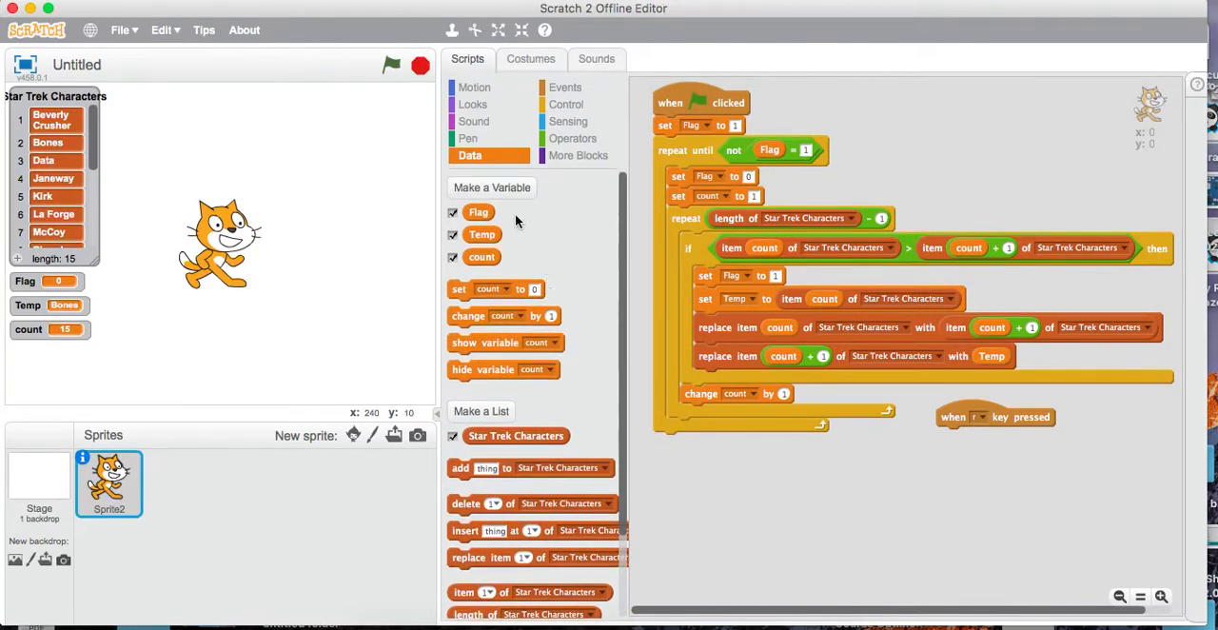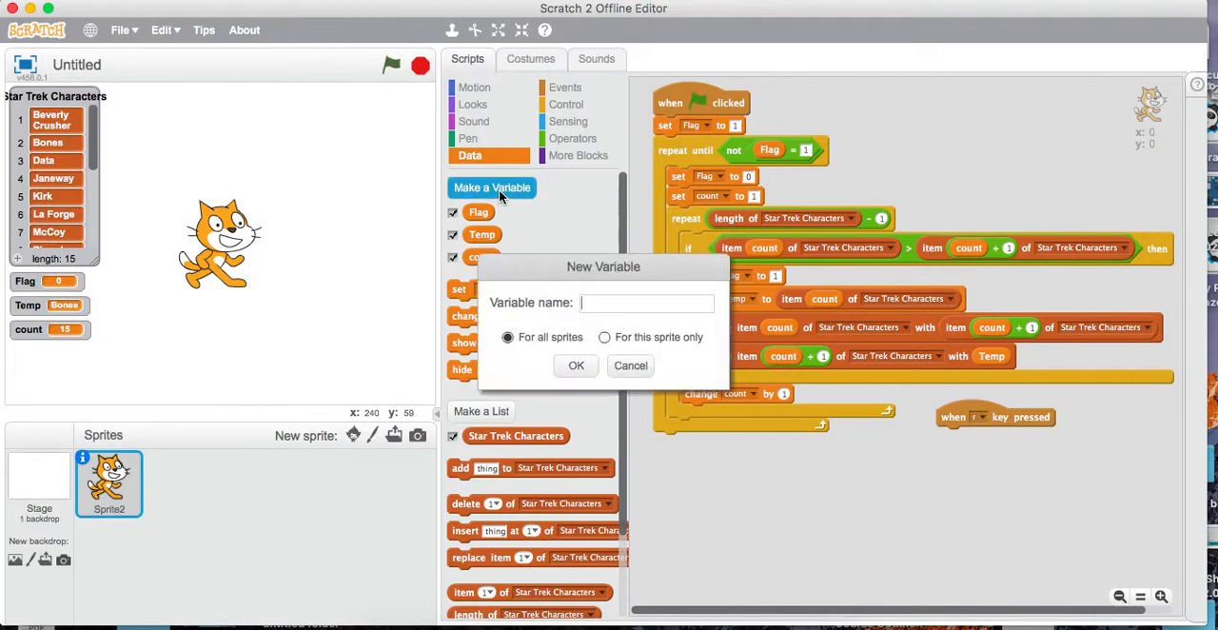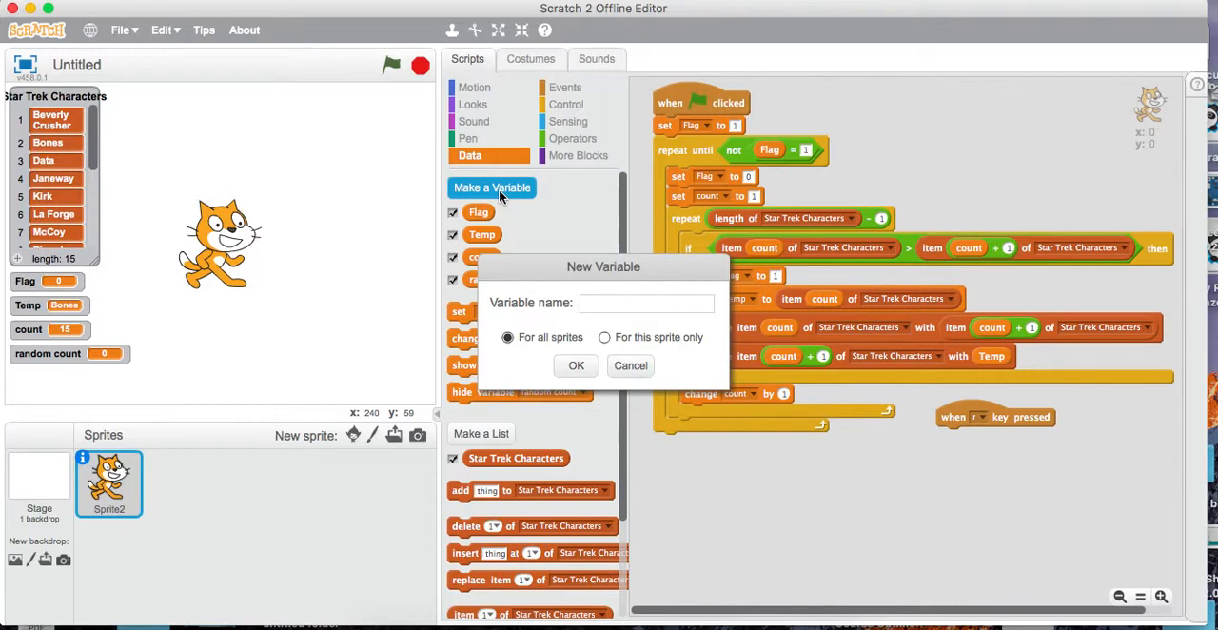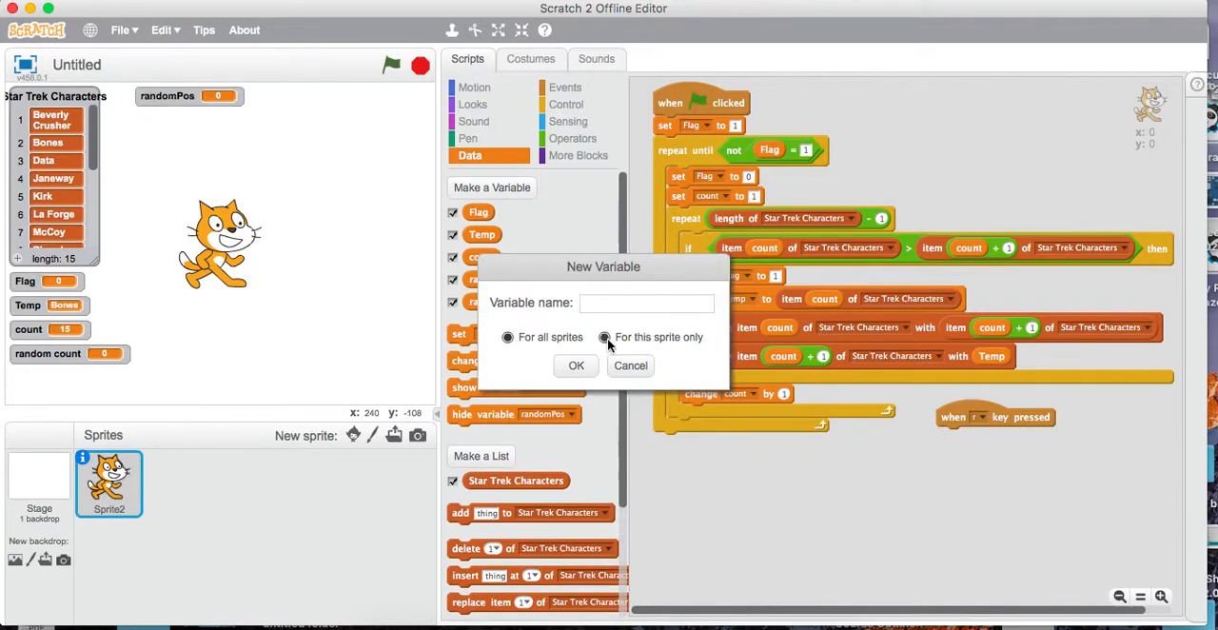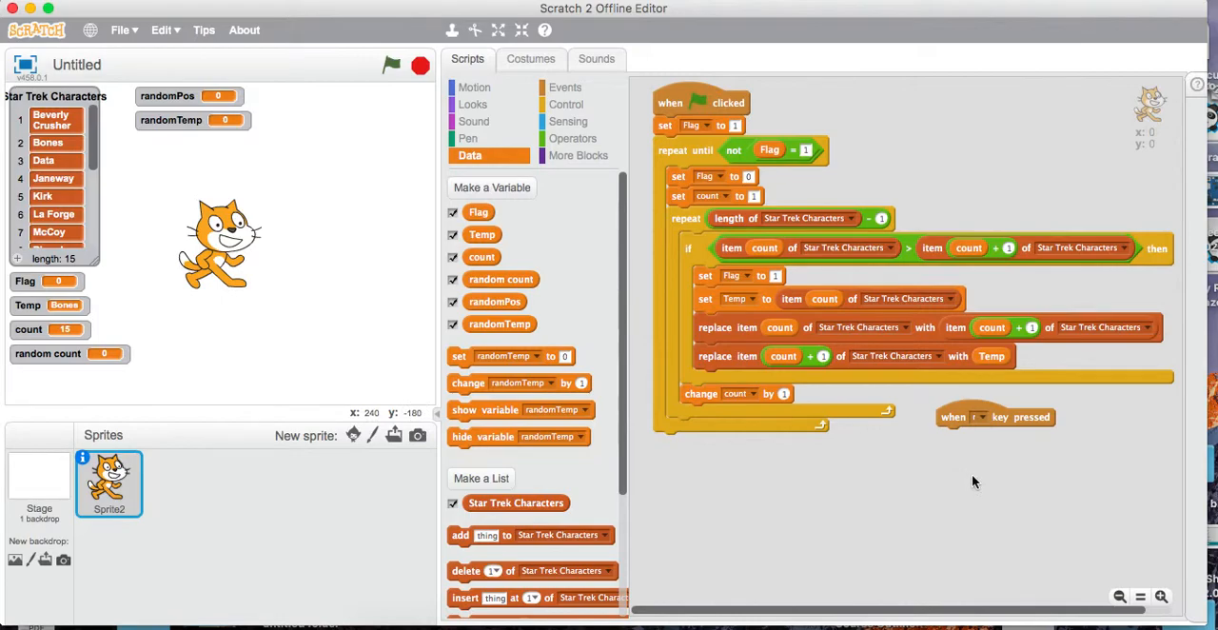and we are going to need new variables for our randomizer. So the first one we will actually make random count. The second one we will make random pos. The third one we will make random temp. So we have 3 new variables, and we can untick them for the time being so they're not visible over here. And we also need to use